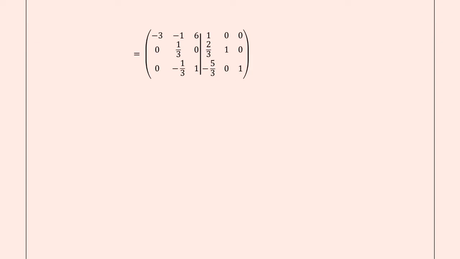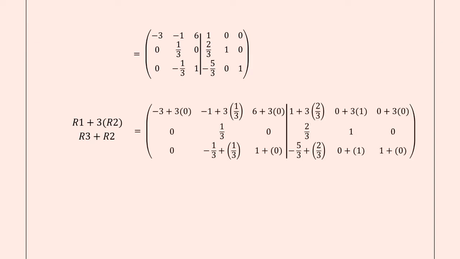Next, I will change the second number in row 1 and also row 3 to become 0 as well. So I will let row 1 plus row 2 multiplied by 3, and I also let row 3 plus row 2. So this will be the whole working step, and we'll get the second number to be 0 at row 1 and also row 3. Moving on,